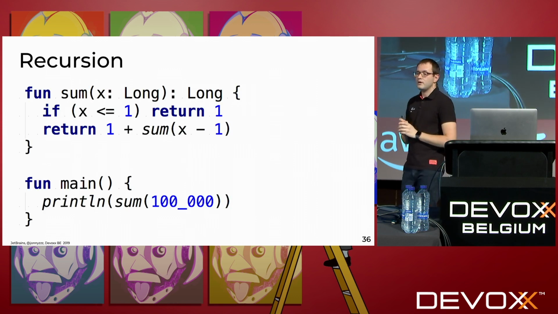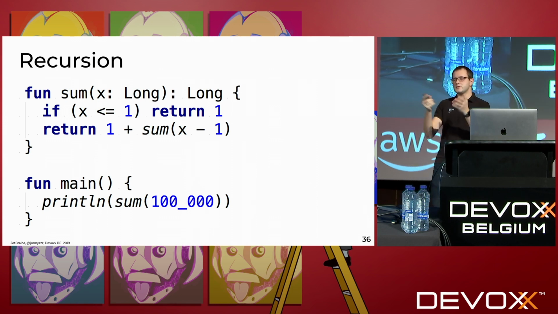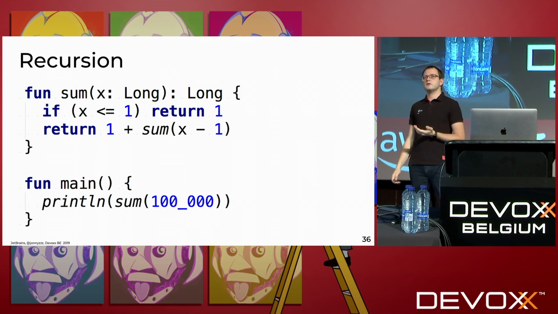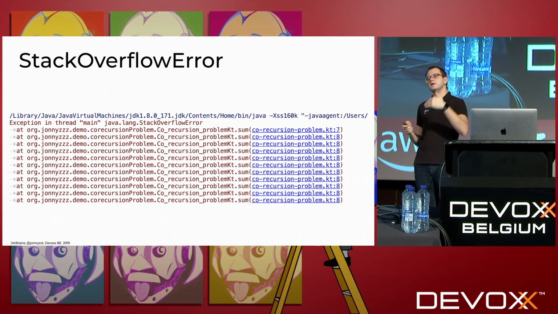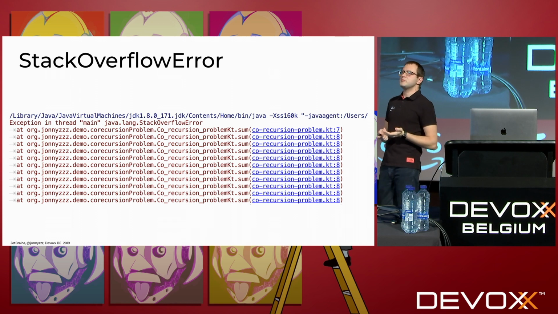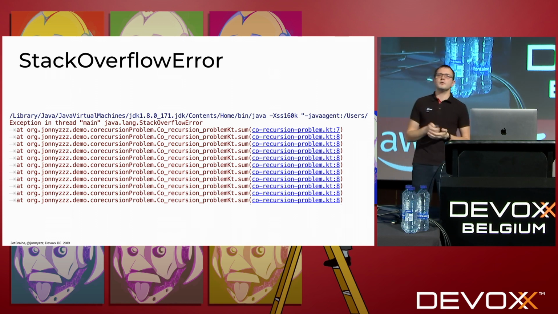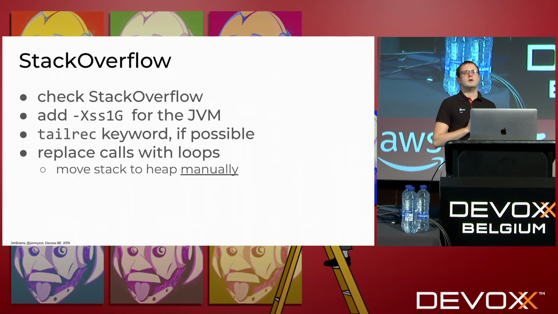Well, the second example here is recursion. I decided to do this recursion thing, and if I start this one, I'm likely to have a stack overflow, right? That's fine, because I call this function again and again 100,000 times. Well, how do you solve the stack overflow?